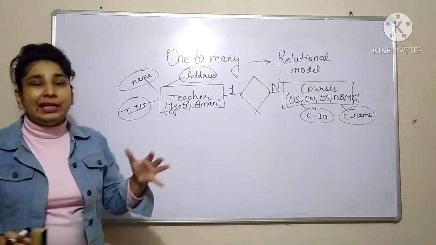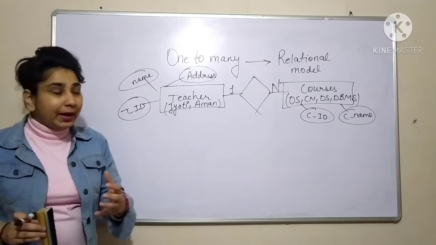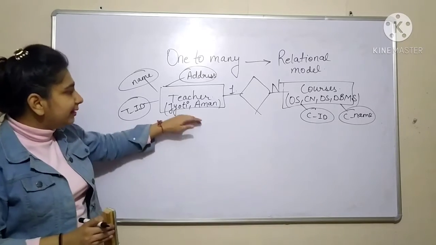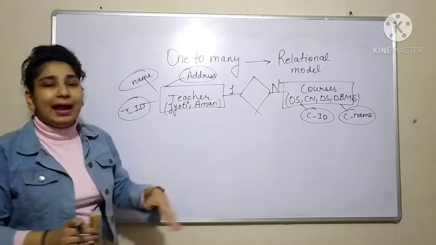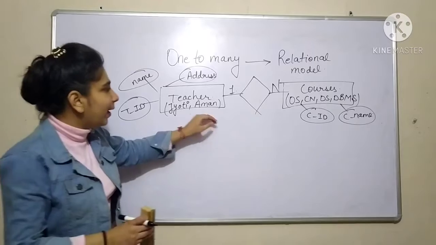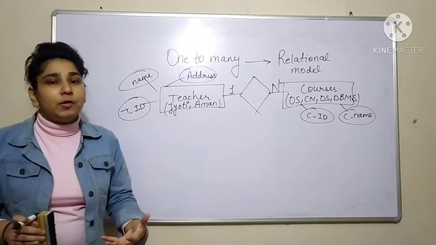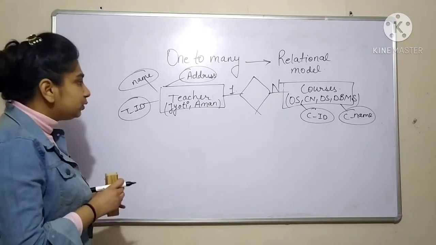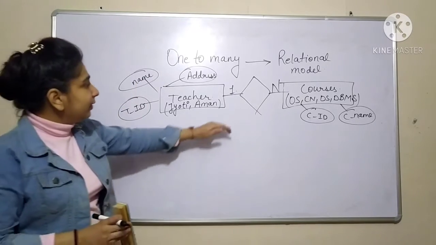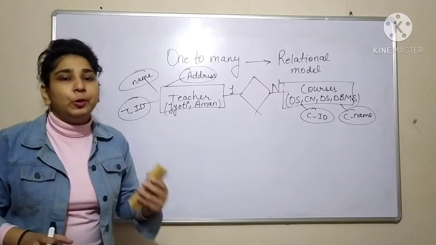In your original software project there are going to be many entities. We are just understanding the basics, getting the knowledge of how we can convert the entity relationship model into the relational model. We are just considering two entities here, but in your original project there is going to be many entities. So how are we going to convert them into tables? How are the relationships, attributes and entities going to be converted into tabular form?